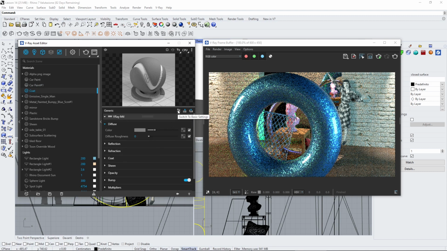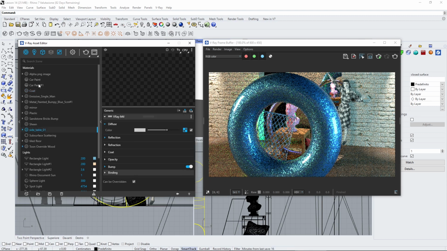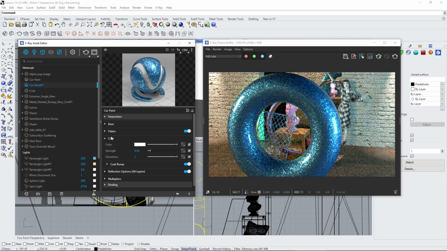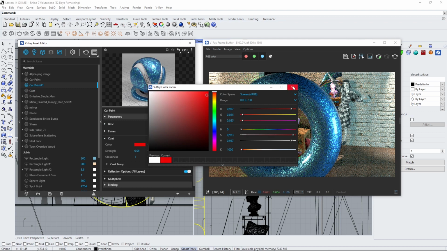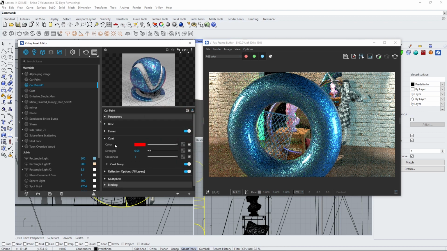And again, you can switch these advanced settings if you want to have more channels, for example, also the Sheen effect, which is pretty interesting. So let's go back to the car paint. Okay, so when you place a coat, it's like you are placing another layer on top of what you have built so far. Now you also need to understand how you want this to work. So the strength that it's going to get, and so